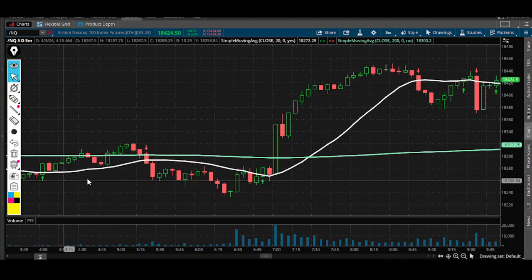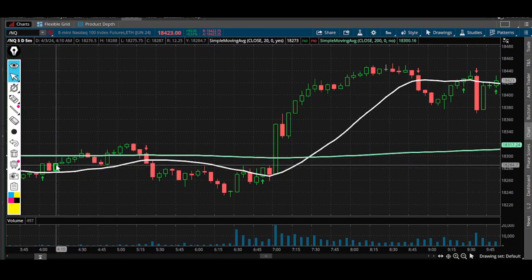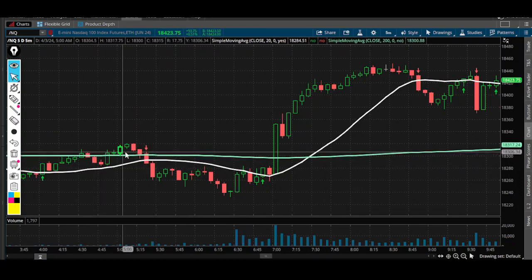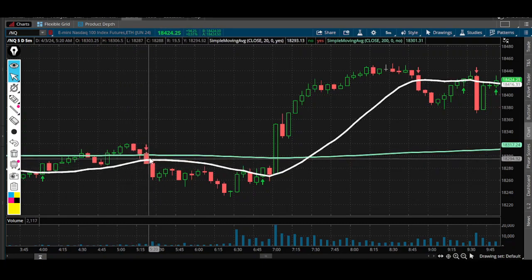With that being said, we're looking at the first setup. This was actually the first setup that I took. So at 5:20 in the morning, we closed below the 20 and the 200 SMA. You can see this light blue line here. It might look green on your screen. This light blue line here is the 200. The white one is the 20 SMA. So notice that this candle at 5:20 in the morning closes below the 20 period moving average, which is just